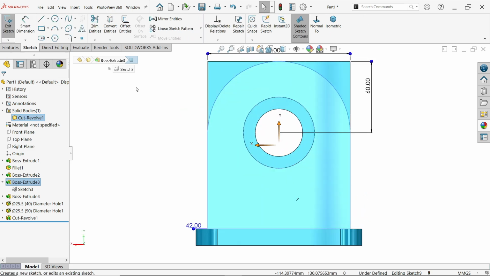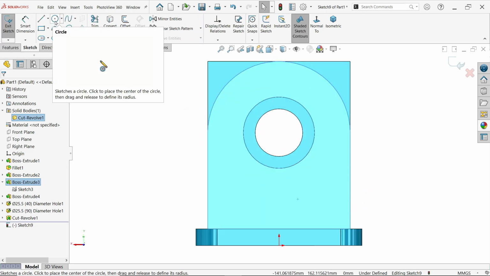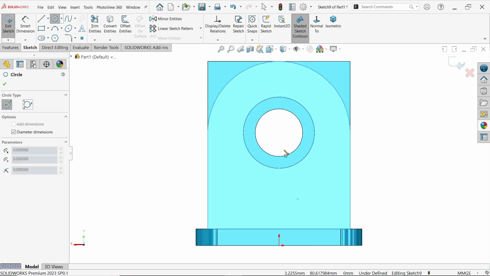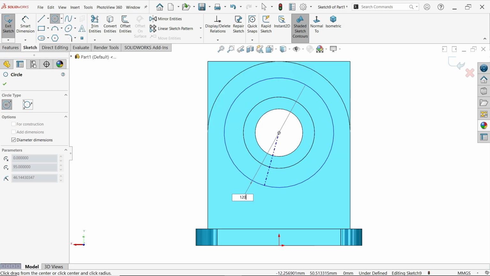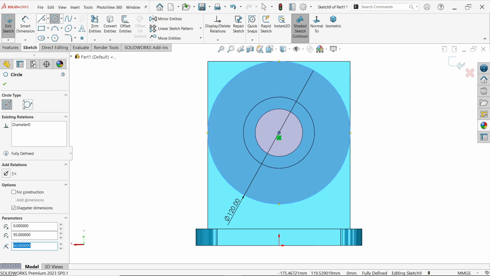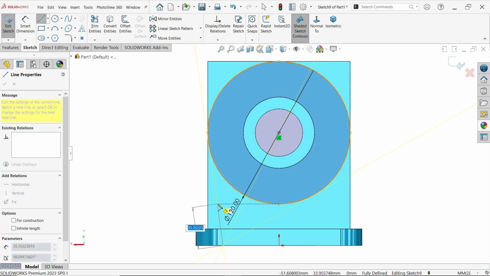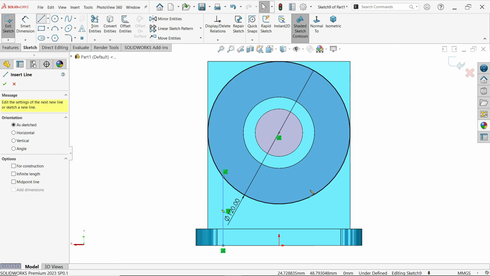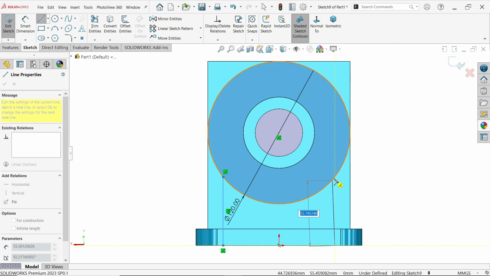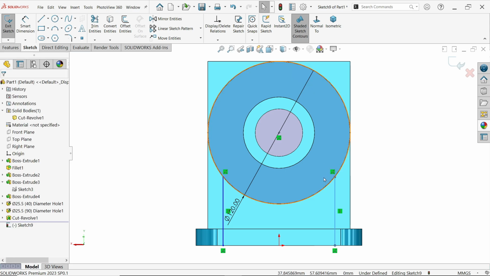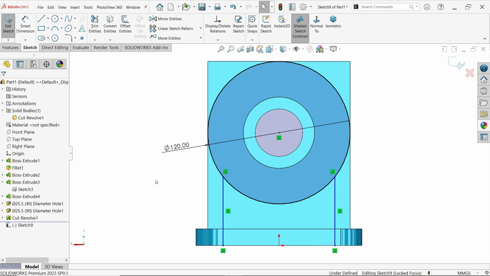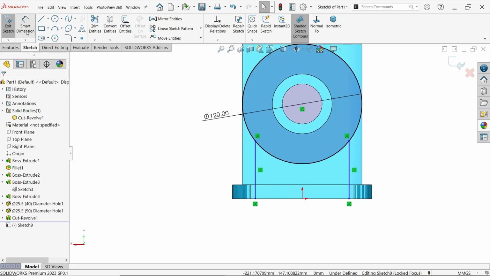Select this face, sketch. Now I am going to select circle. 120, enter. Fine. Again apply line. Connect to this. Press exit. Again activate line. Connect to this. Press escape key to get out. Fine. Make sure lines are vertical. Smart dimension